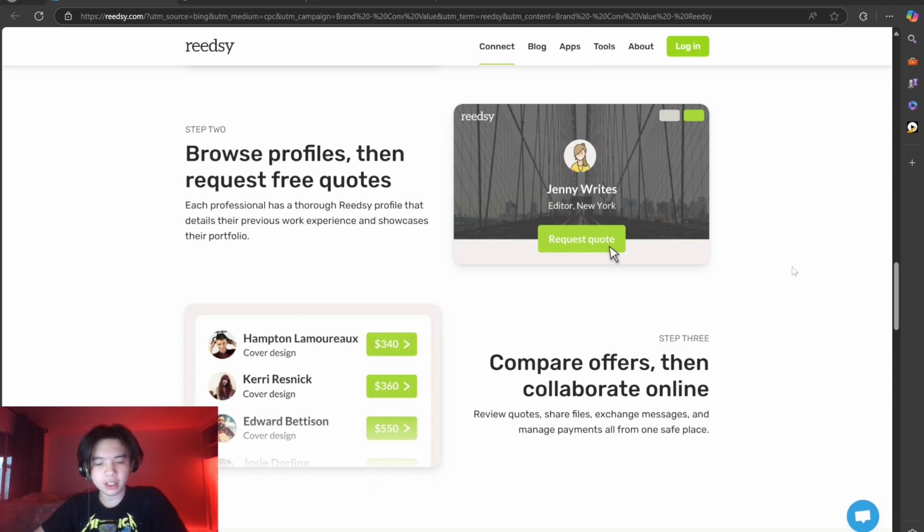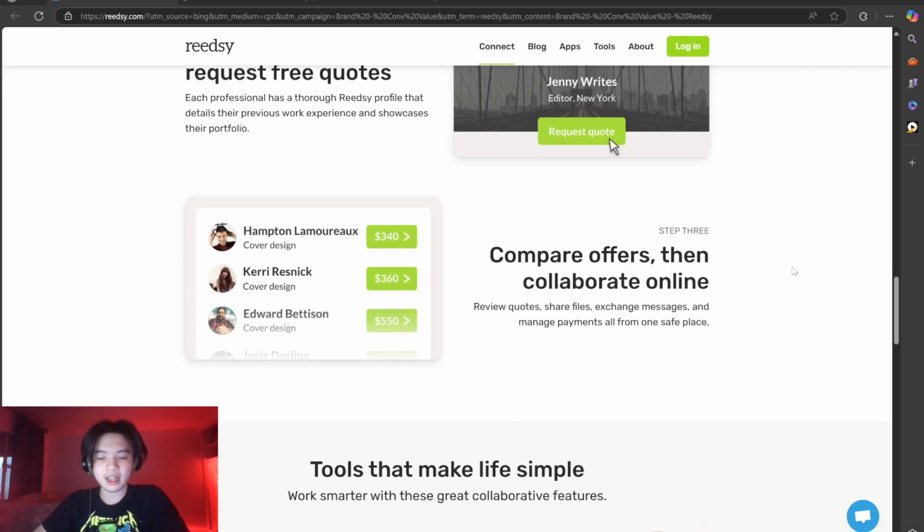And one of its biggest strengths is that you don't need to know anything about formatting. It handles all of it for you with just a few clicks. But Reedsy goes beyond just writing. It also includes a powerful marketplace,